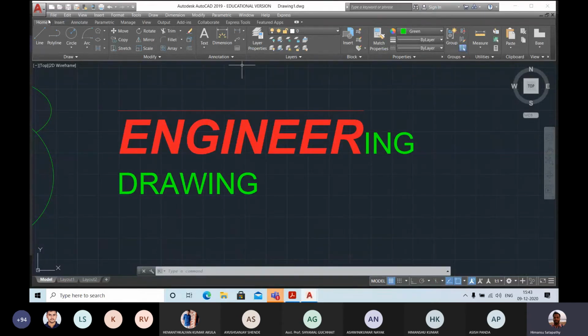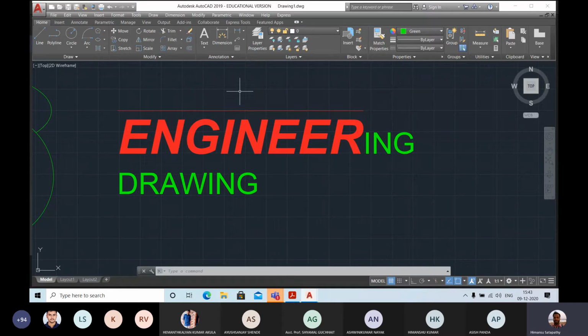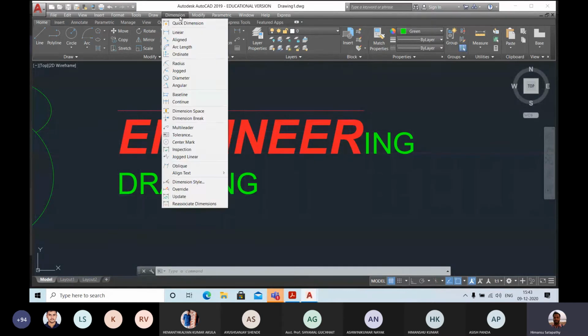If you can't find this menu bar, I repeat, please, if you can't find this menu bar, click on this arrow mark. Under this arrow mark, you can choose hide menu bar or show menu bar, because my menu bar is showing. So it is written over here, hide menu bar. If you can't find your menu bar, go to show menu bar. Here, the second line will be showing show menu bar. Under the menu bar, these are the dimension options.